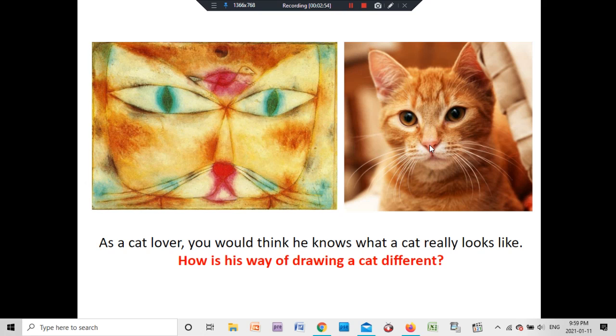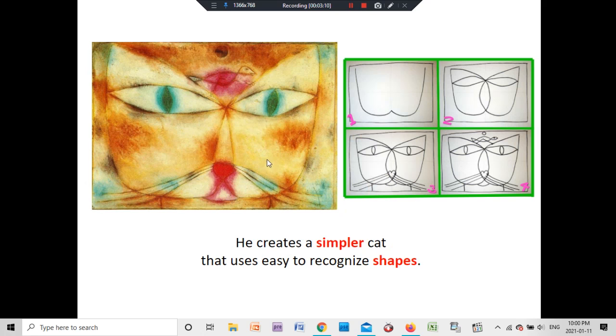And even the snout, I'm not sure, he's drawn as a perfect heart. And the part where the lips are, or the chin, I'm not sure what that's called, he's drawn as a triangle again. So his particular style, Paul Klee's particular style, is he creates simplified versions of what we see